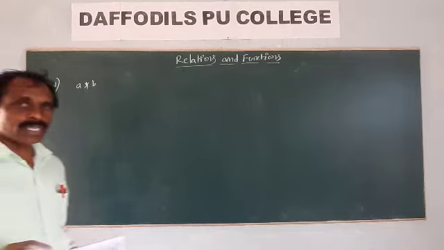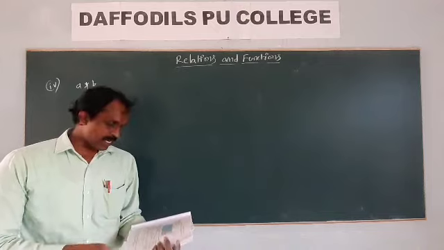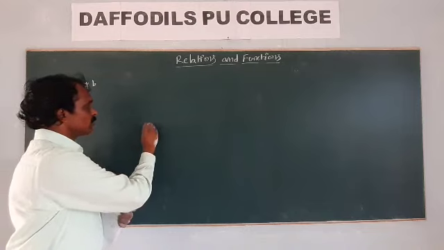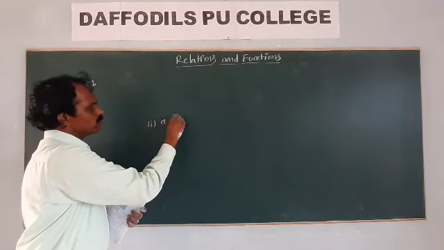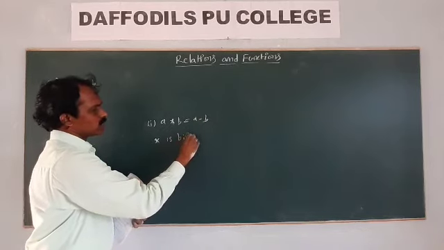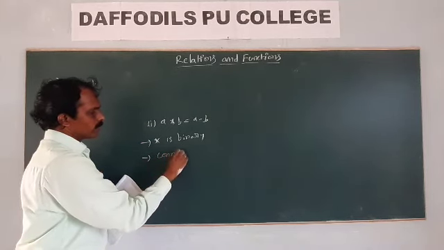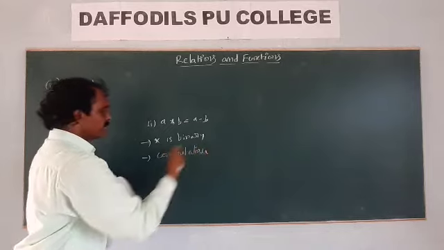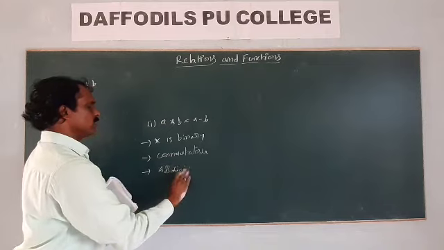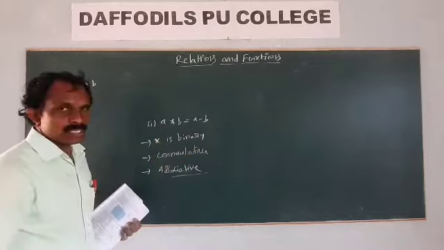The 9th one: first of all, showing each and every problem. First consider the first bit, A star B. Star is a binary operation. Next, we will show the commutative property. So the first 3 bits: A star B is equal to A minus B. First showing star is a binary operation or not. Next, commutative. Next, associative. These 3 we do for each and every problem individually. Like these 3 bits, we checked only that star is a binary operation.